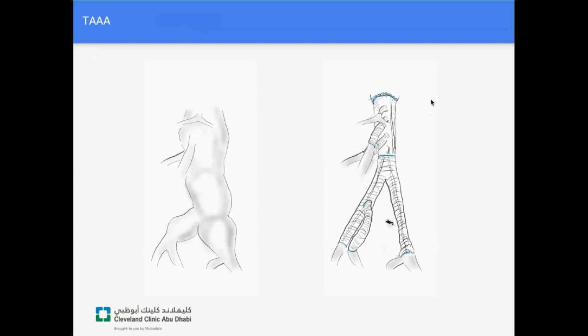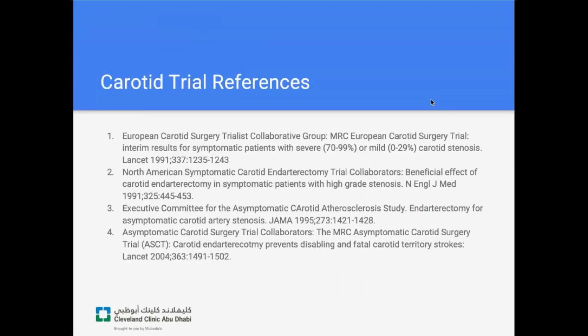These are the carotid trial references. In conclusion, carotid endarterectomy is still the gold standard for carotid revascularization. Carotid angioplasty and stenting does have a very important role, in particular in that earlier mentioned indication of stroke reversal. It's part of the armamentarium for the neurointerventionalists for patients with acute stroke, along with thrombolysis and intracranial intervention. And it does have an important role in patients at high risk for open repair.